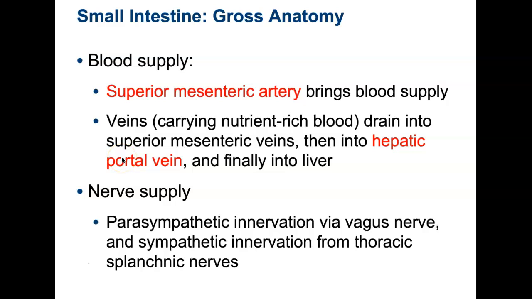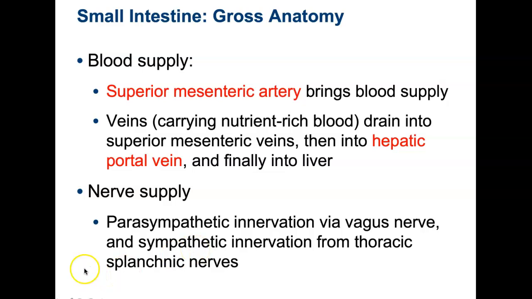For the veins, remember that the small intestines are going to drain into the hepatic portal vein. So the superior mesenteric vein drains into hepatic portal. That goes into the liver. The liver cleans or detoxifies the blood, and then it enters back into the inferior vena cava via the right and left hepatic veins. We also have nerve supply, both parasympathetic and sympathetic, so you have that dual innervation to